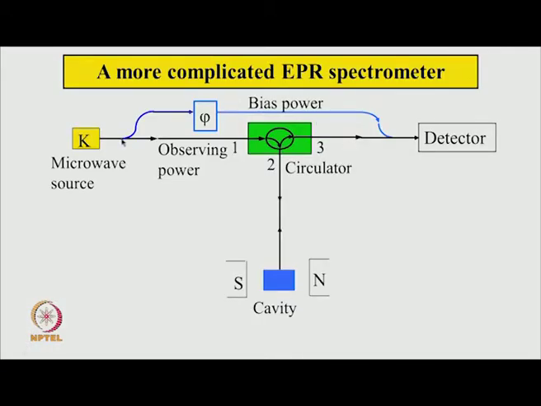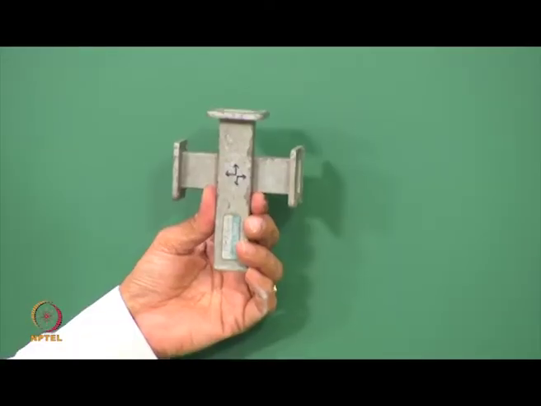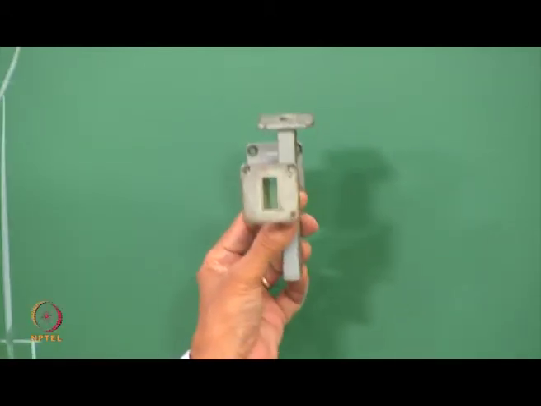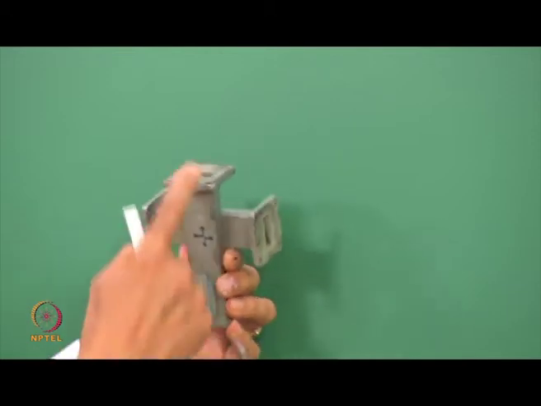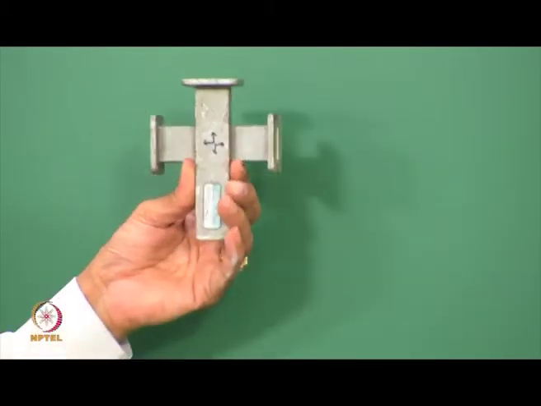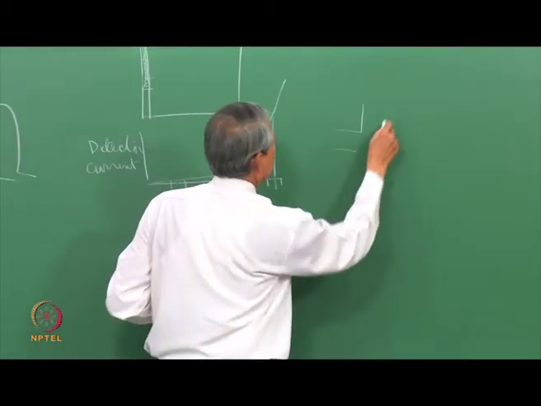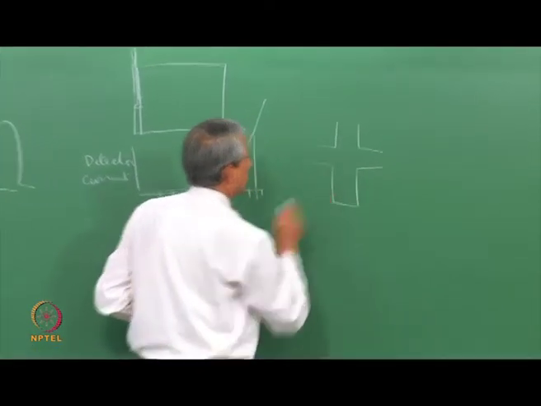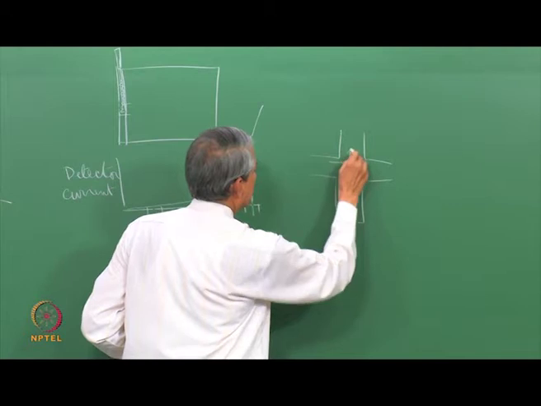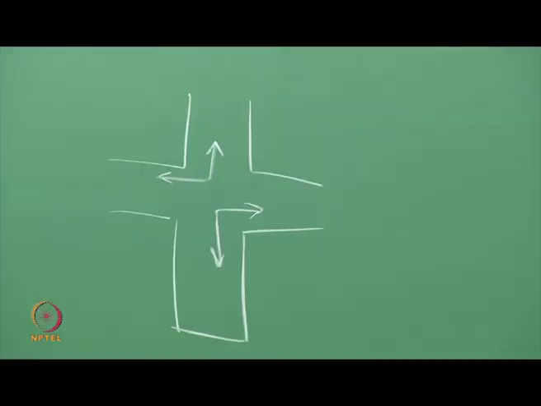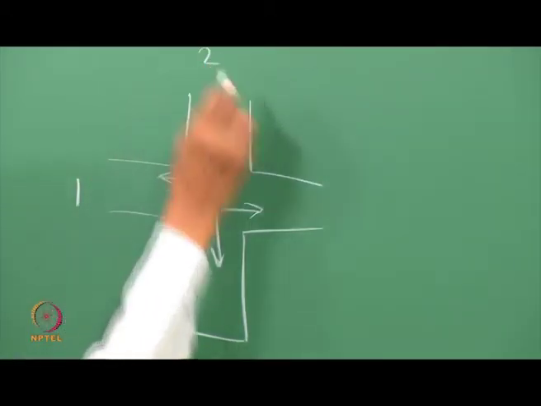So, taking a microwave power from the waveguide is done through a type of device which is shown here. This is called a directional coupler. So, here you see that one waveguide has a through and through hole here, and the other one has a hole here, but it is blocked at this end, and also it has an arrow of this kind. Let me draw this. This is blocked here, and the arrow has this sort of arrangement. So, essentially it has 3 ports. Let us call it 1, 2, 3.